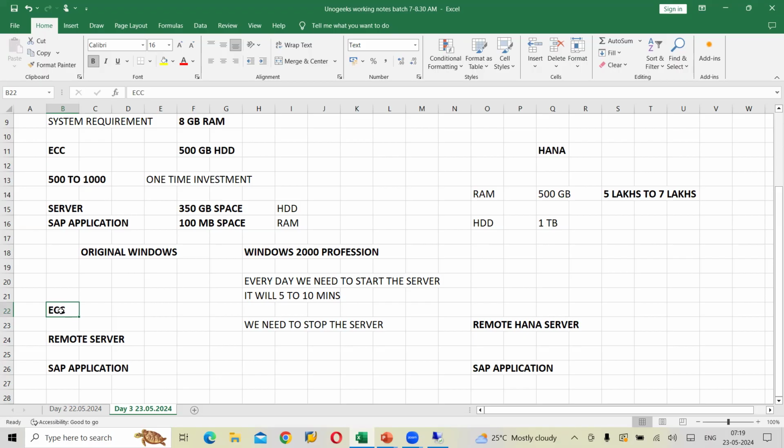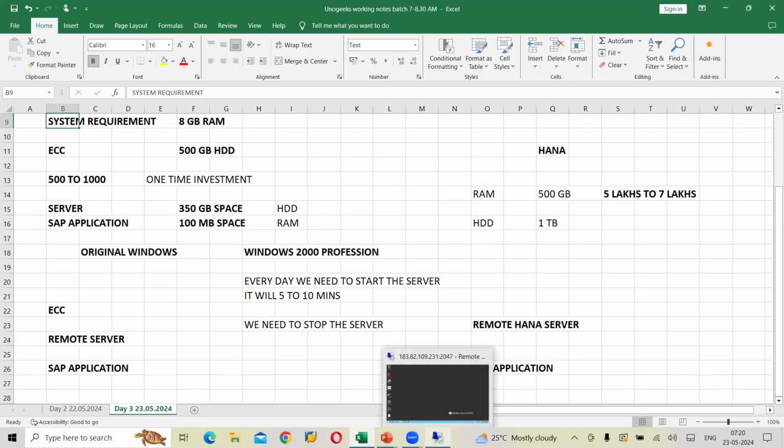So can I go ahead? Yes, please. So here, once I'll show you how the SAP application looks after installation. Clear? How the SAP application looks like. So for example, after installation,